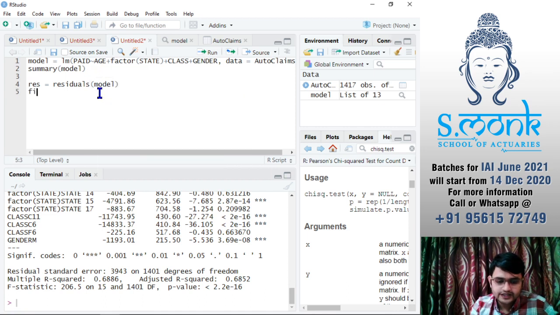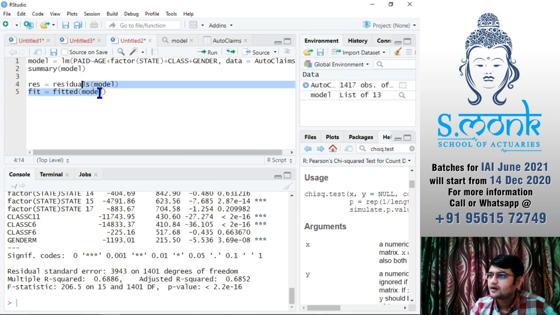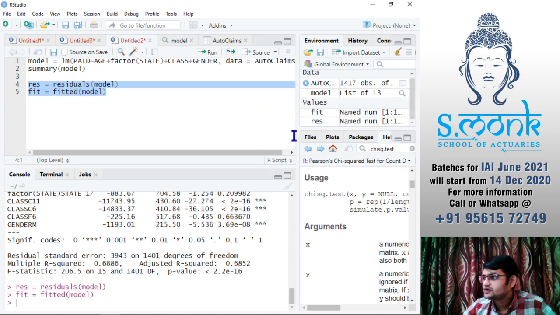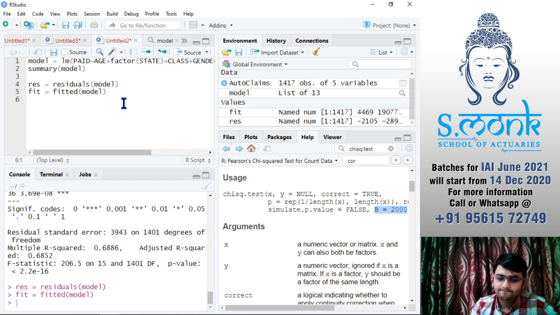Then I want fitted, I'll say fitted, and then model. So now we have residual values and fitted values. All we have to do is plot it. Plot res, comma, fit.